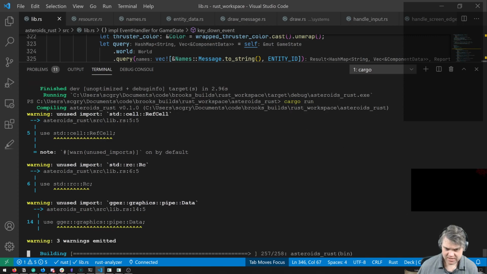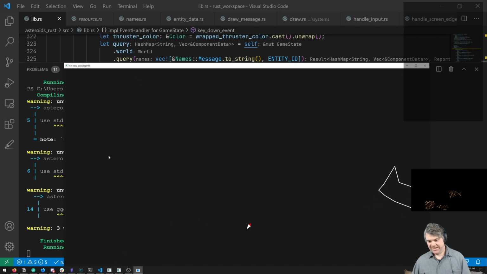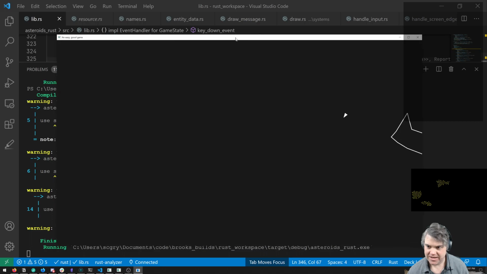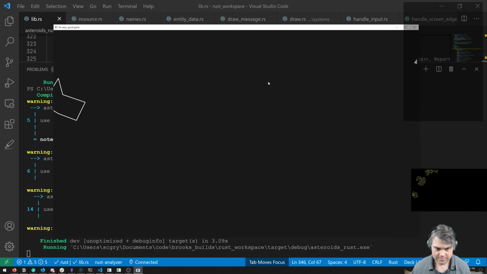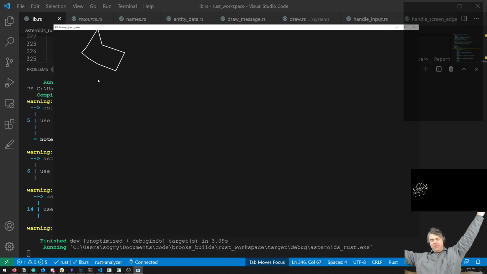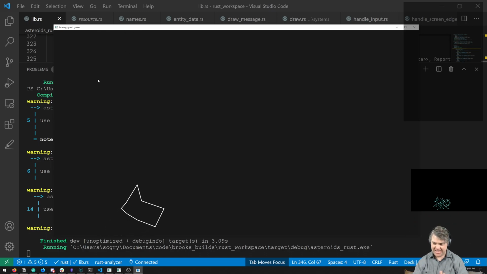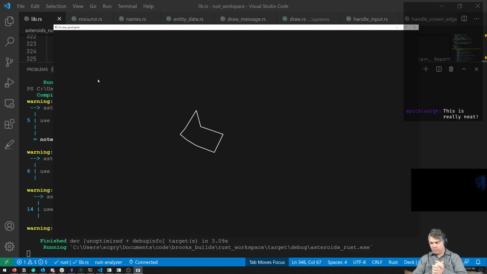Let's see if we can create a player. There we go. Now we can start playing. So we have our message. If I die, it doesn't reset. That should be relatively easy. As soon as the player no longer exists, then put up a new message saying, hey, press enter to start again. And then we'll go forward with that. So I think we'll start working on that tomorrow. But this is really neat.